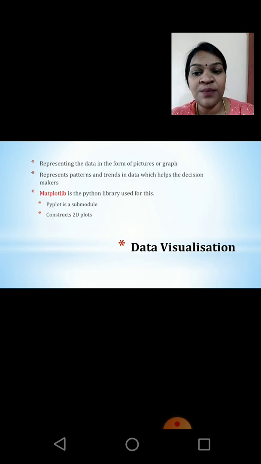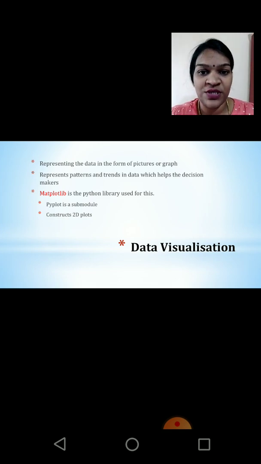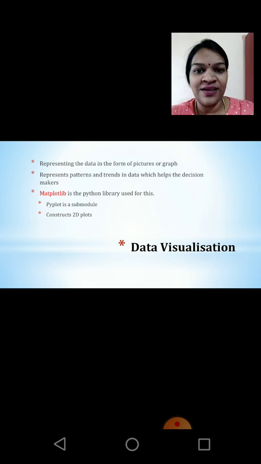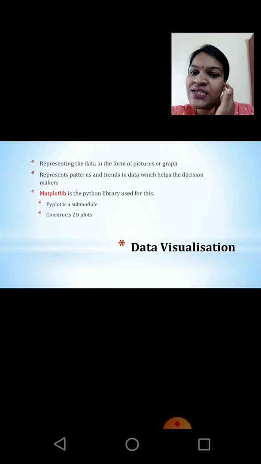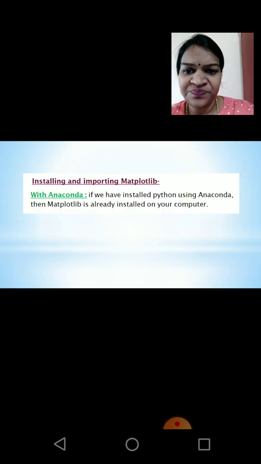We mostly use pyplot for doing the functions, and it is usually used for 2D plots. Plots, you know, are graphs or representations. So data visualization is representing the data in the form of pictures or graphs. We'll see what the other functions are.